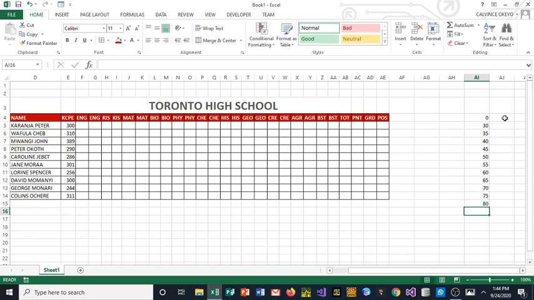So now this one will be E, this one will be D minus, this one will be D, then this one will be D plus, then here will be C minus, then C, then C plus, then B minus, then B, then B plus, then A minus,